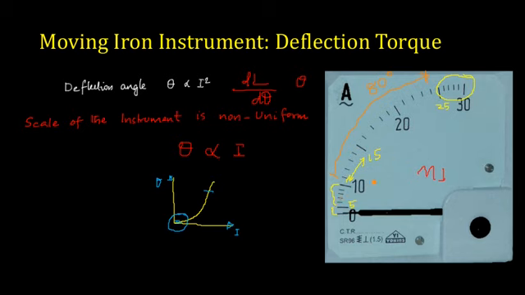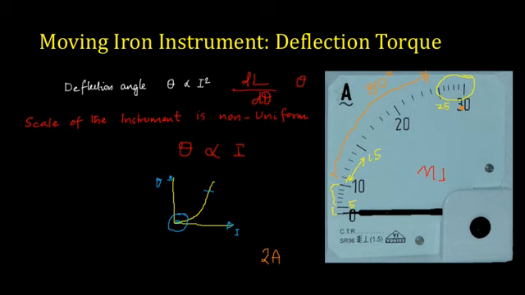So we always try to choose instruments so that the measurement lies in this linear scale. Suppose you are trying to measure 2 ampere with this particular meter. It will be somewhere between 0 and 5, but you cannot measure it accurately. So you have to choose instruments in such a way that your measurement lies in the linear range. You have to choose instruments wisely.